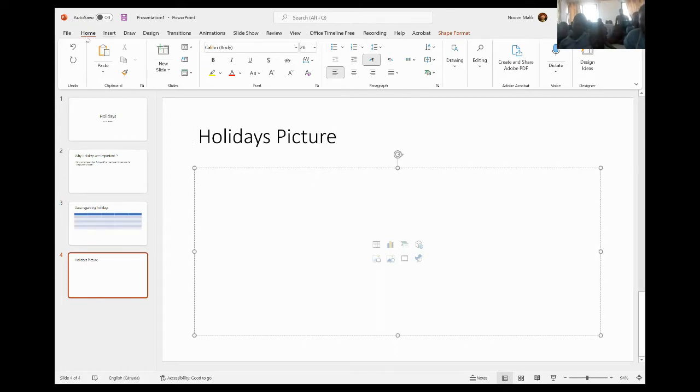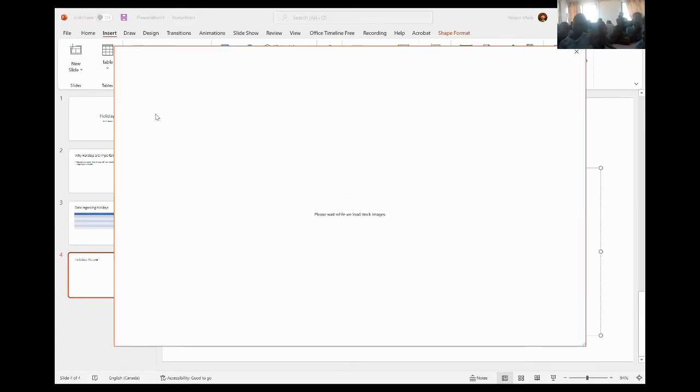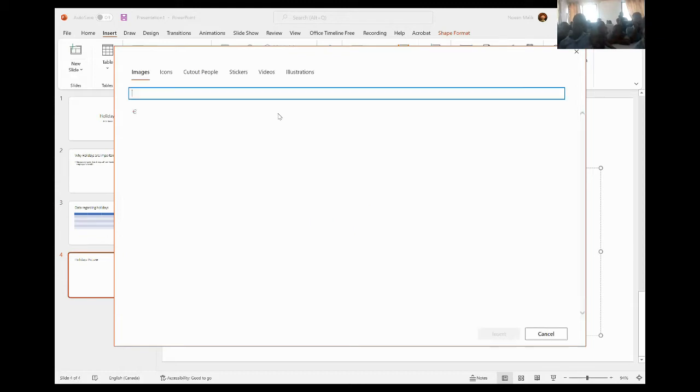Keep everything simple. So you remember, we go on the top ribbon to insert. Then we go to pictures: from device, stock images, online. We go to the stock images. And let's see what they have in stock images. Okay, so let's type here.